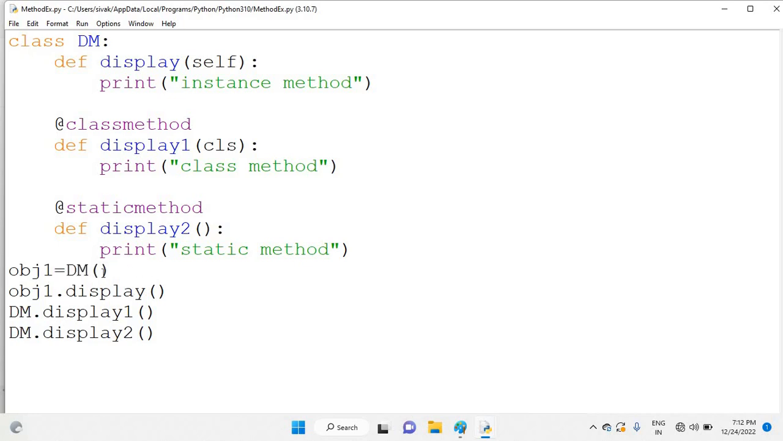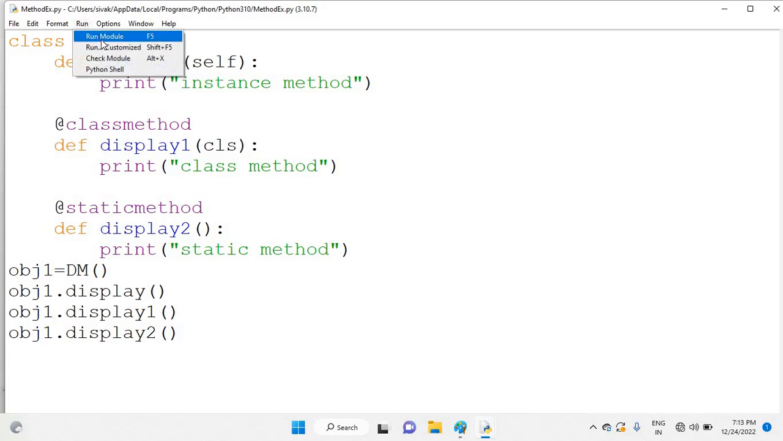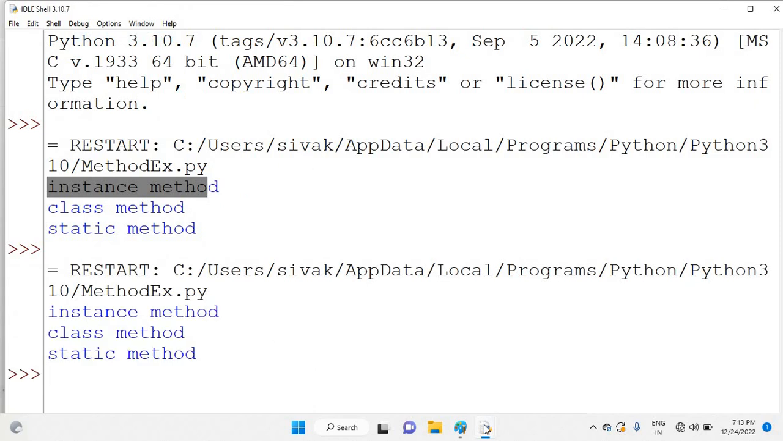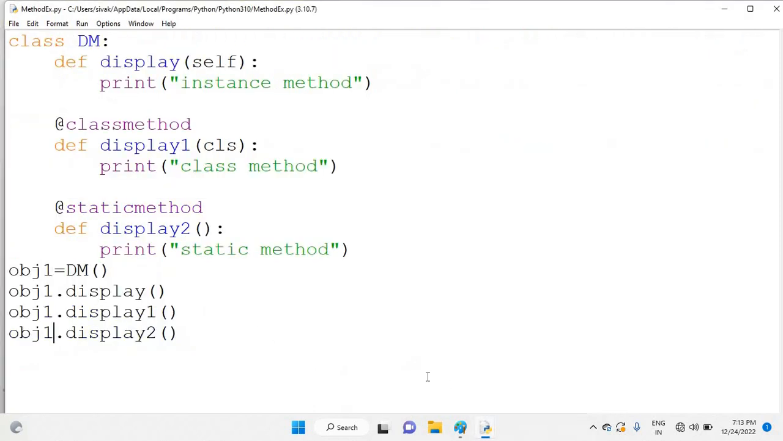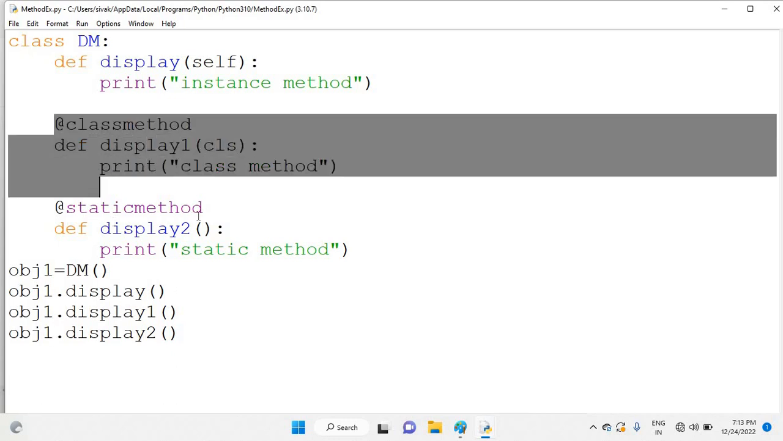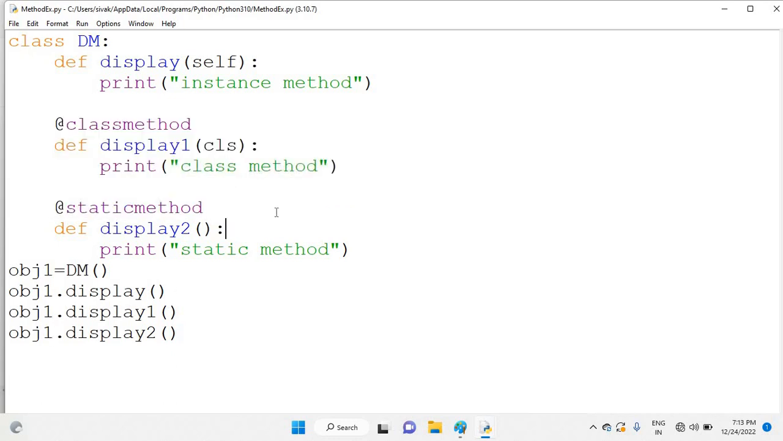See here I called directly by using class name, right? I can use object name also, obj1 dot display1. I can use object reference also, obj1 dot display2. So now you can see same output. So that means we can call these methods with the object creation and without object creation. What are those methods? Class and static methods. Got the point? Regarding the modification, instance method